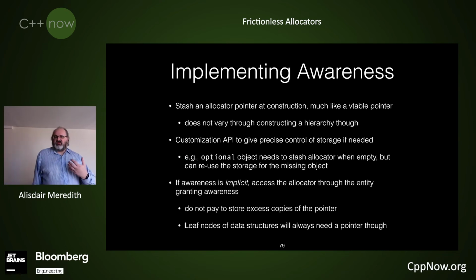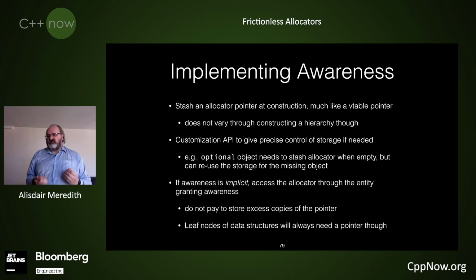So how does this work? Well, again, we're going to stash the allocator pointer away at construction, which is hidden much like the vtable, so you don't get to see and interact with this data member directly. But as we go through the construction of the whole hierarchy of bases and members, it's implicitly supplied in just the same way through the member initializer list of the constructors, and for the members that aren't there, that get their implicit construction, they get it with the allocator.